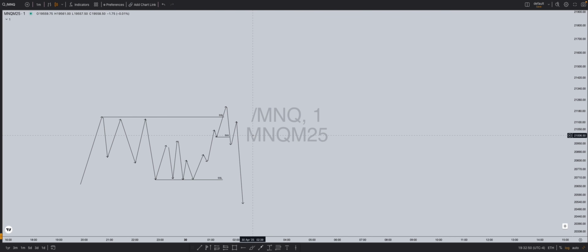What do you want to enter off of? Whatever you feel comfortable: an order block, breaker block, fair value gap, inverse fair value gap, whatever. But to keep it simple, I would say for now, stick with a fair value gap. So you would look for a fair value gap that happened during that move. You would place your